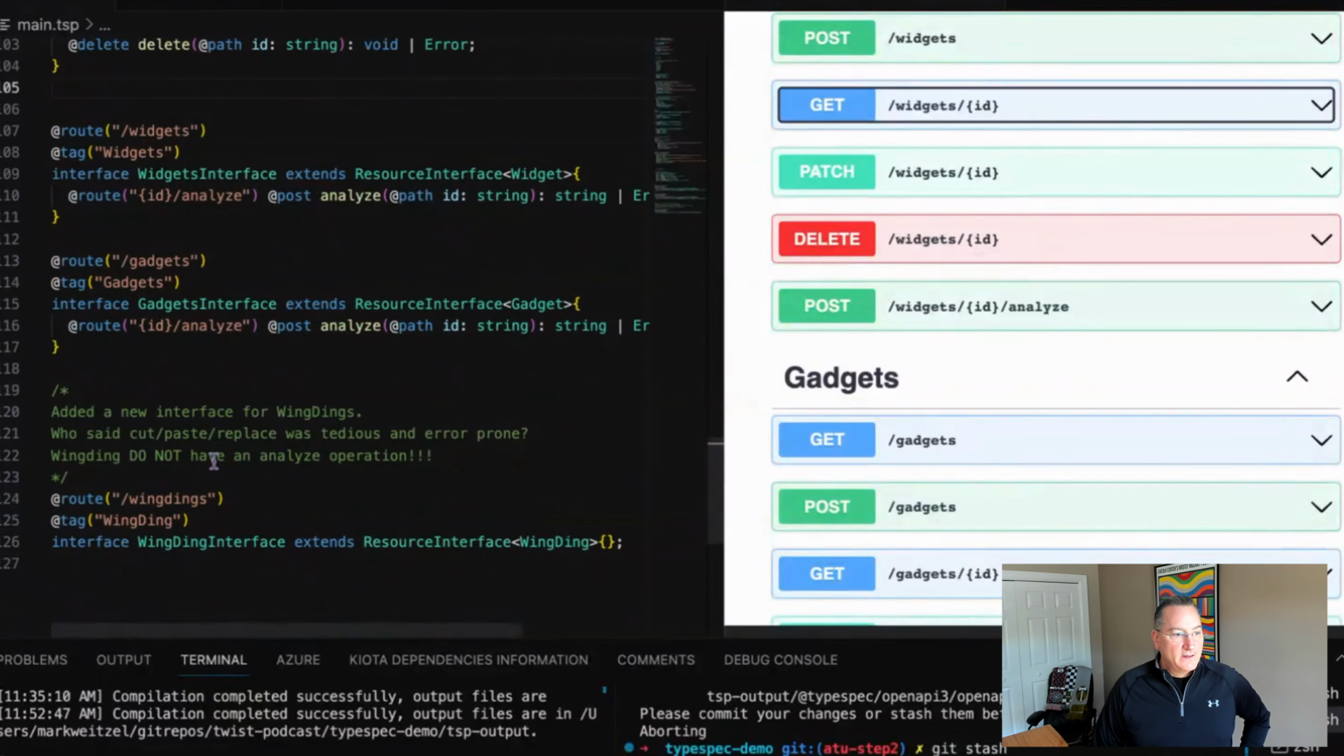And here, now what I've done is, I've realized that, hey, wingdings don't have that special analyze operation, so I've just said it extends the resource. So now think about,